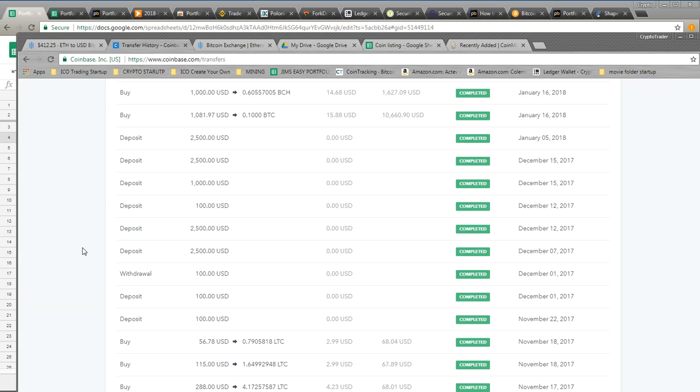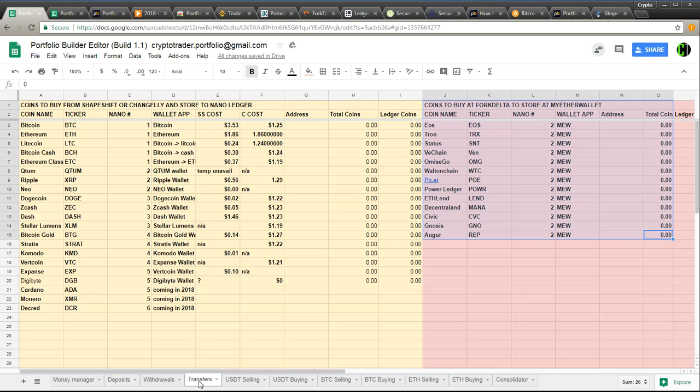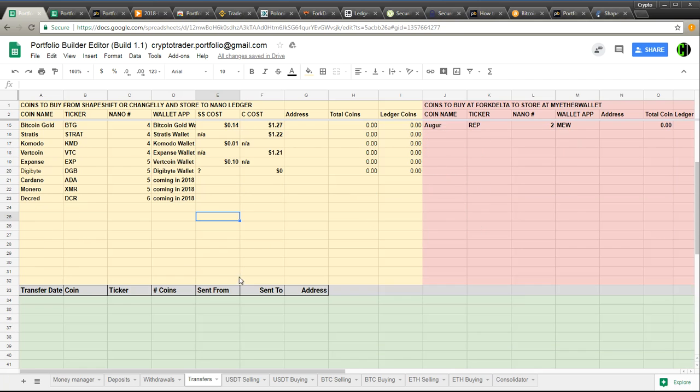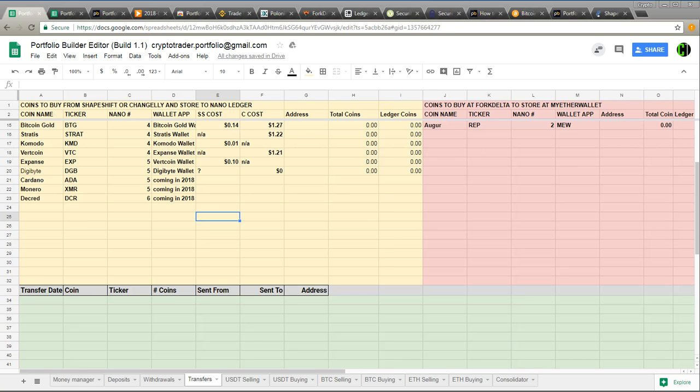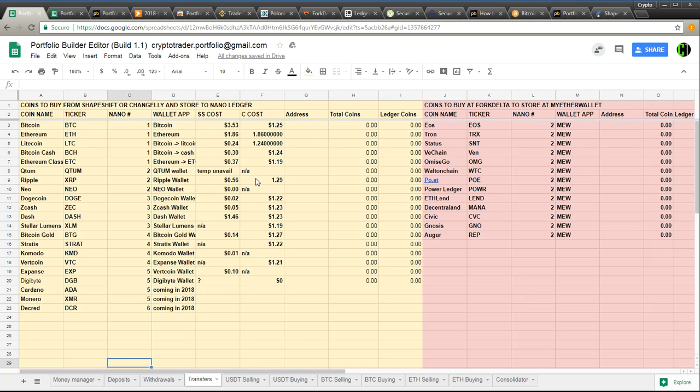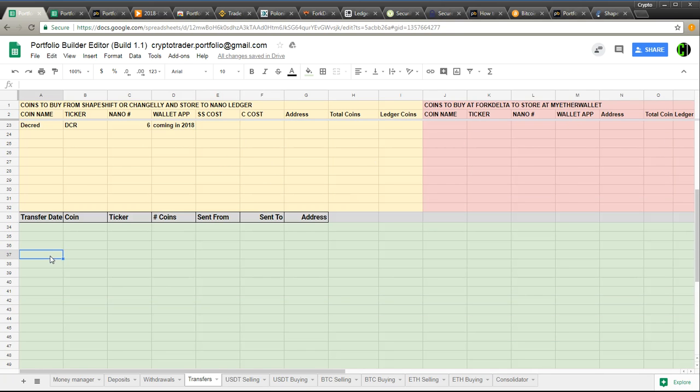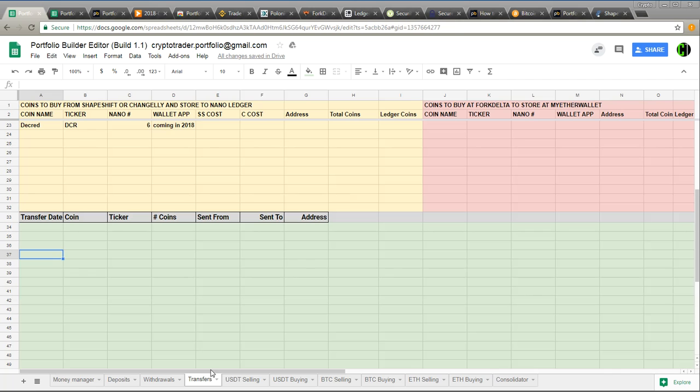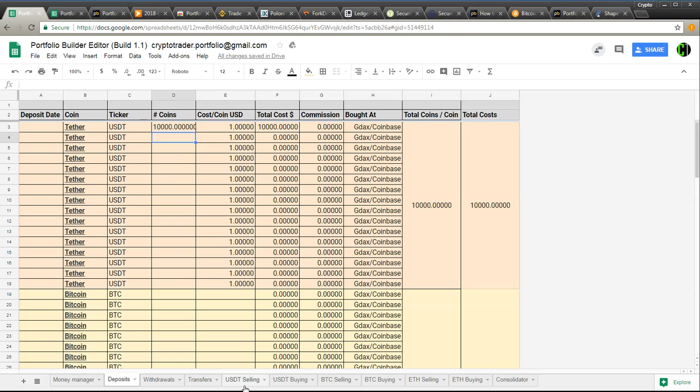Now it's not a deposit if I send money from Coinbase to Poloniex. That you have the option to record in the transfer sheet, because it's not changing how many coins you hold. It's really just moving your money from one location to another. And so this page is designed to store all of your wallet addresses here in column G, and then to keep track of when you moved what money where. It's totally optional, and all of the software will work primarily from the deposit tab